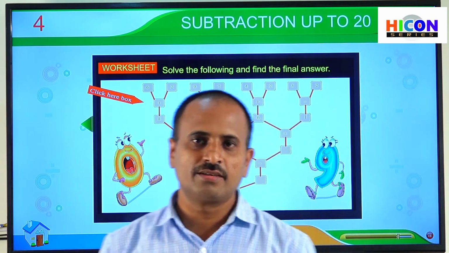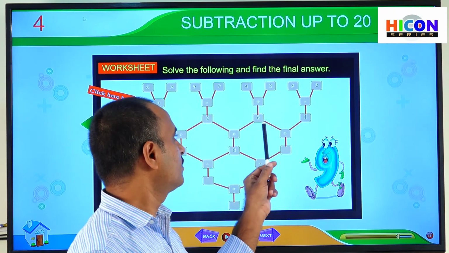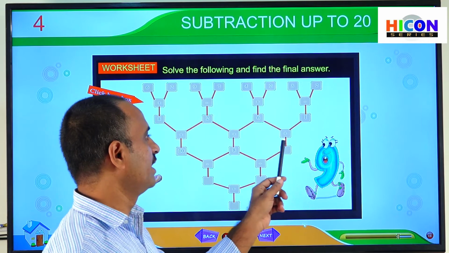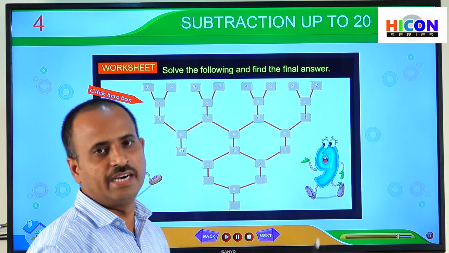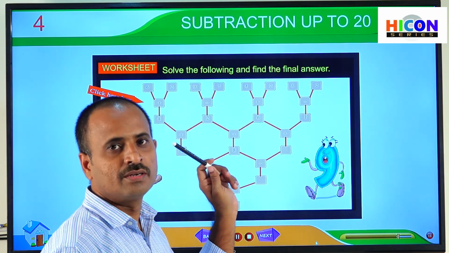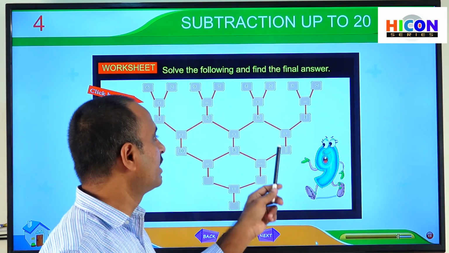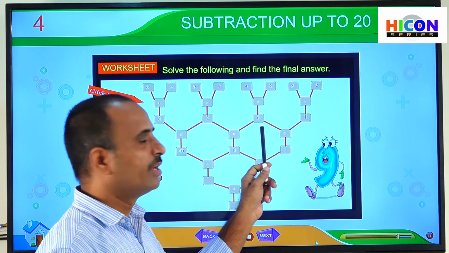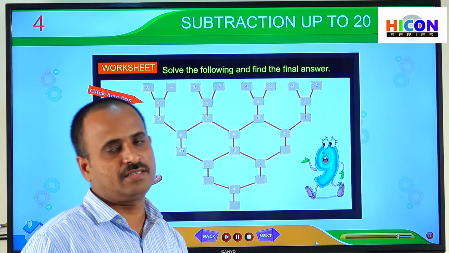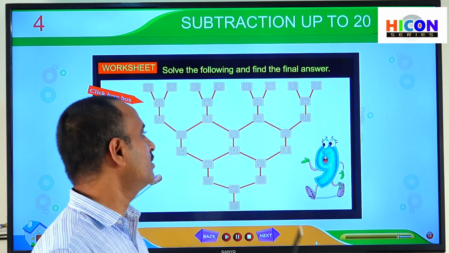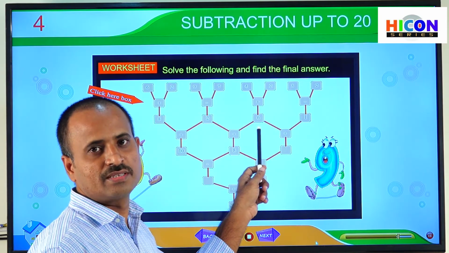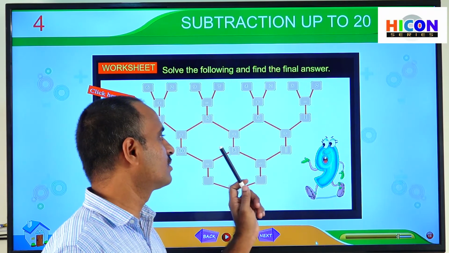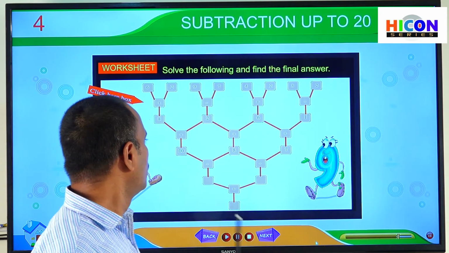So the next one is, what is the first number there? The first number is 6 and the second number is 1. And they have given a symbol plus. Plus means addition. So by using addition facts, we can simply do the addition. If we add 1 to any number, we will get its successor. That means we will get its next number. So what is the next number to 6? The next number for 6 is 7. So write 7 in this box. Next, go to the next one.